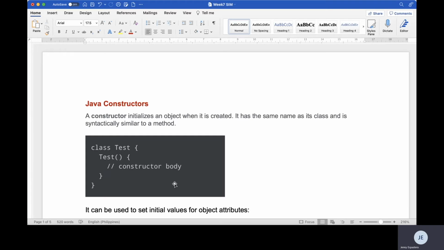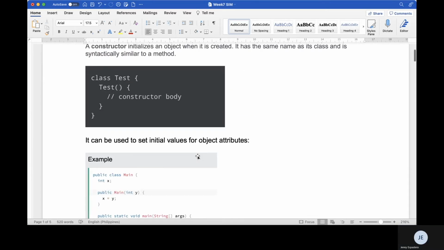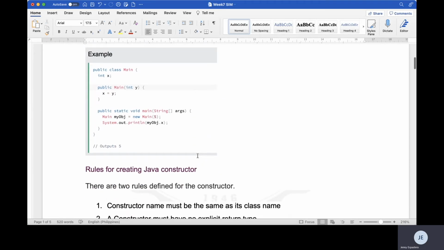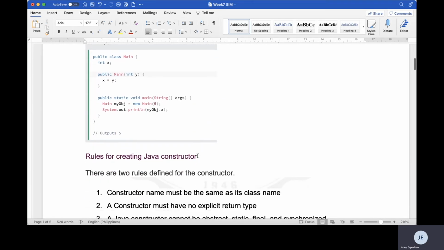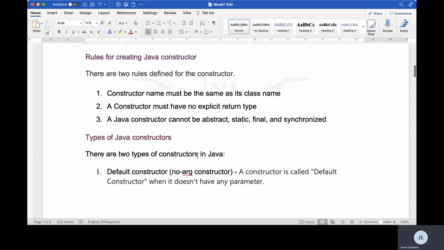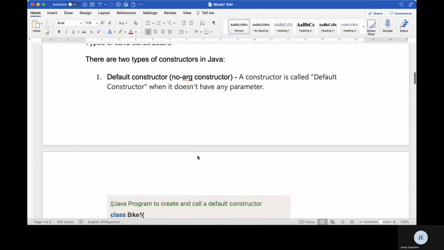In the body of the constructor, what you're going to write is assigning values to the attributes of the class. And there are two types of constructors: the default constructor or the non-parameterized constructor, and then the parameterized constructor. For the default constructor, if you do not specify a body of your constructor,